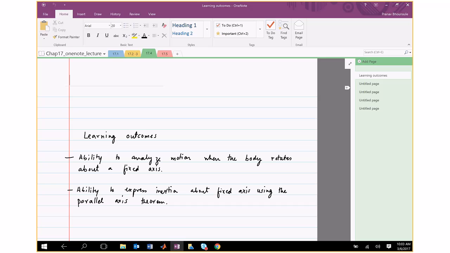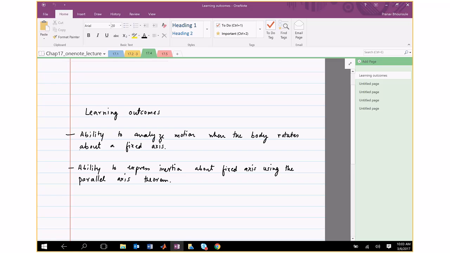So this is the part where we're going to consider rotation about a fixed axis. The axis is fixed and the body rotates about the axis. Another example would be a simple pendulum. Rotation about a fixed axis, which is essentially fixed to a ground frame. So the outcomes are